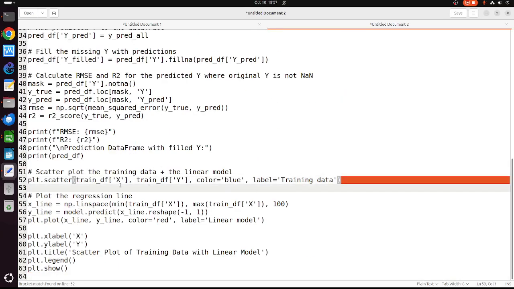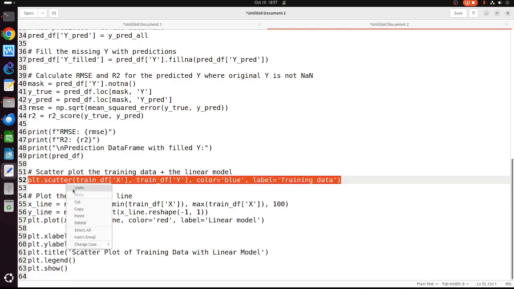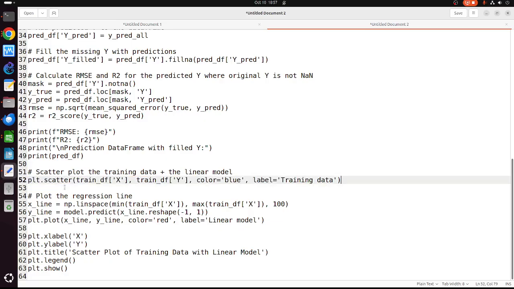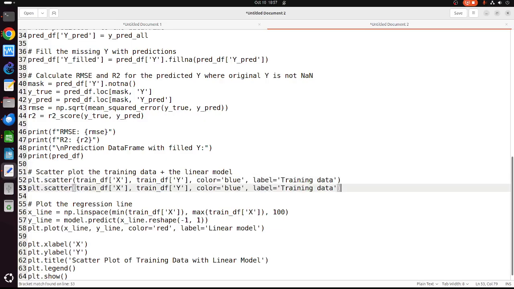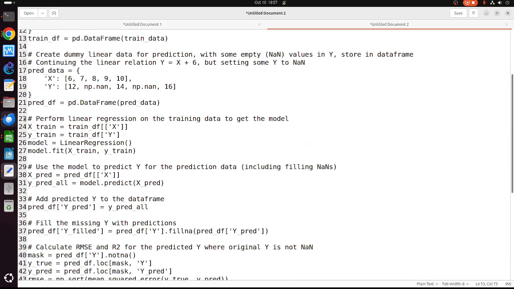But I want to plot the prediction data. Okay. This one blue, make it green. This one is not training data. This is prediction data. Let me see.